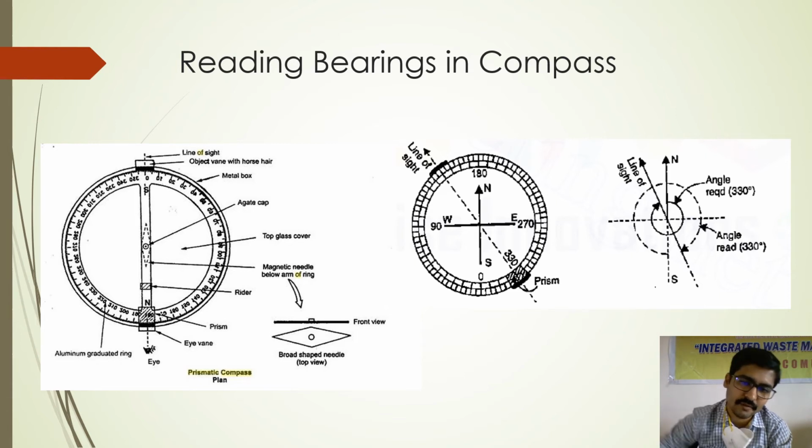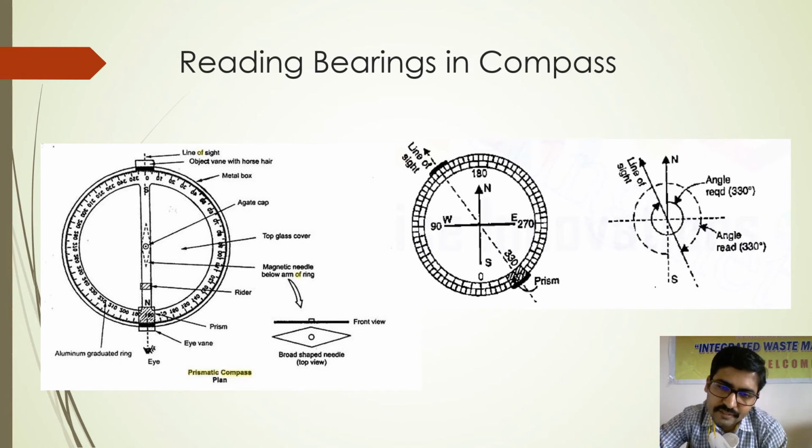Let us see from the diagram what we have on the right side. On the right side, if you can see, north is written 180, south is written 0, east is written 270, west is written 90, right? So to understand why it is written so, just imagine you have the line of sight somewhat like this. I hope you can see that there is a dotted line which is written line of sight.